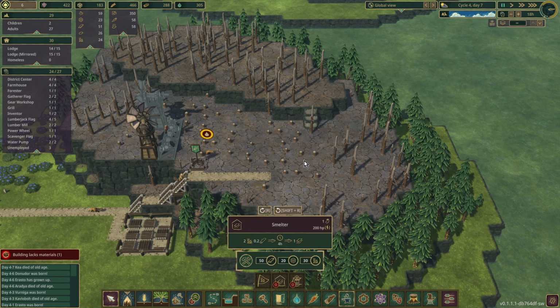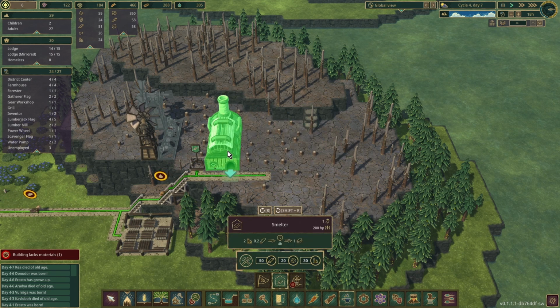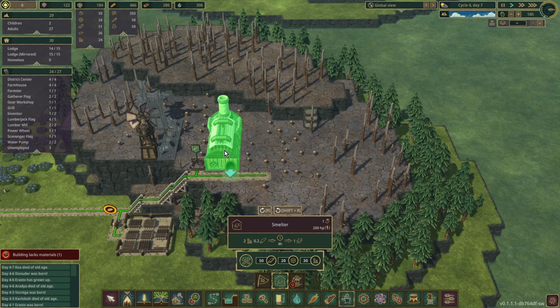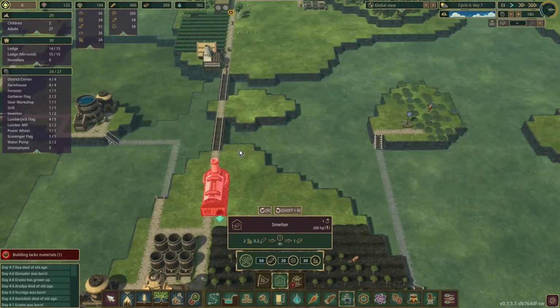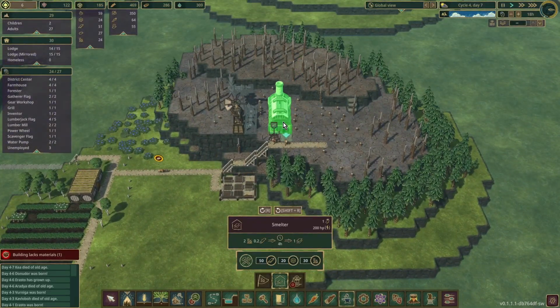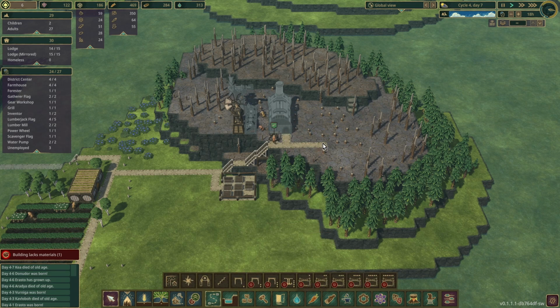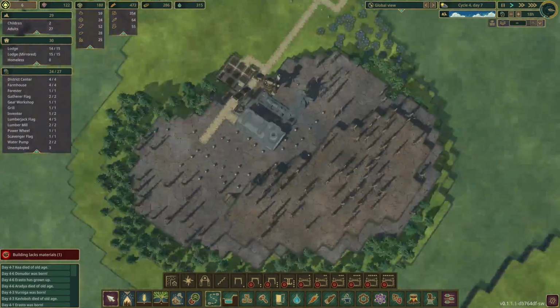So let's unlock that. He's a big fella. And I've already checked. That should be fine. He should be able to reach the district centre from there. So let's do it easy. Let's pop it in there. And put a path in there. And then, there's our